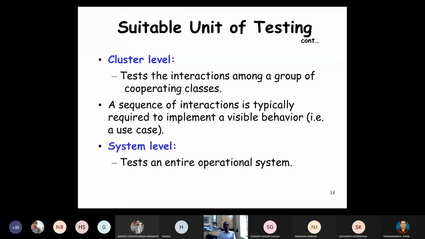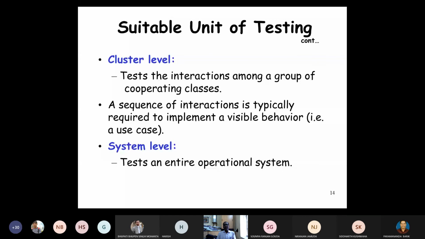Now, unit testing in function-oriented programs corresponds to class testing in object-oriented programs. Please remember the three levels of testing in procedure-oriented programming: unit testing, integration testing, and system testing.